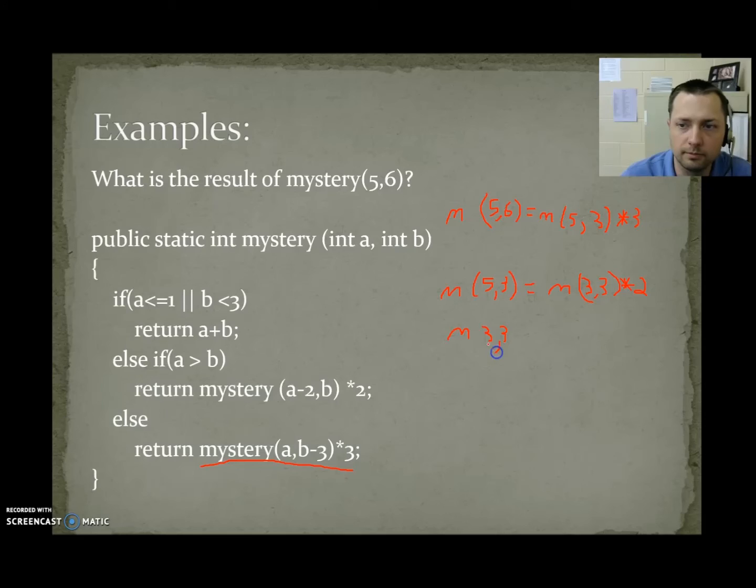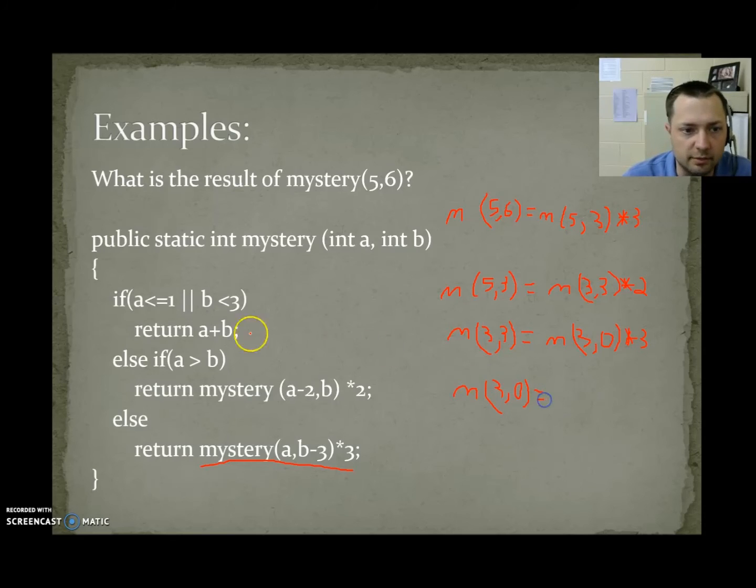M(3, 3) equals, let's figure out, is A less than or equal to 1? No. Is B less than 3? No. Is A bigger than B? No. So we do mystery M(3, 0) times 3. Then we say M(3, 0)